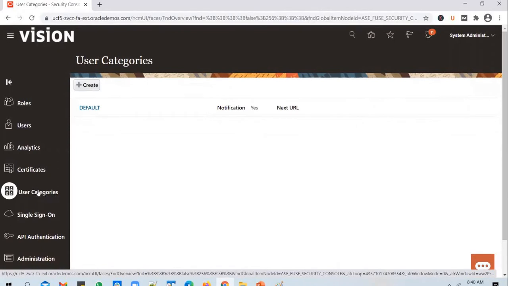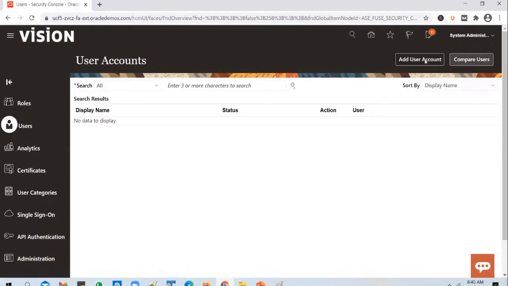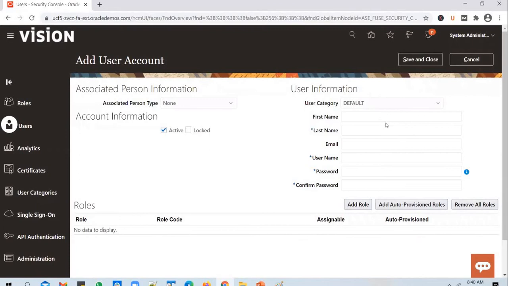User category. Where did you see this? Yesterday when we created a user, so if you try to create a user now, add user. And when you create a user, there will be a user category that will be selected. So you need to first select a user category, and this user category drives a few things as far as the user creation is concerned, and a few bits after that as well. So there's only one user category at the moment, a default user category.